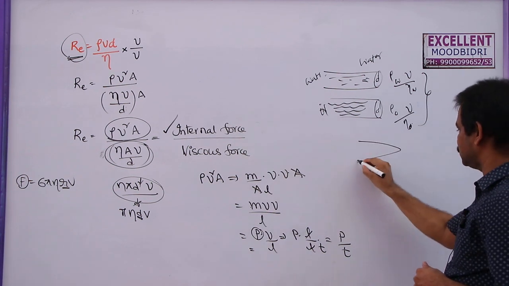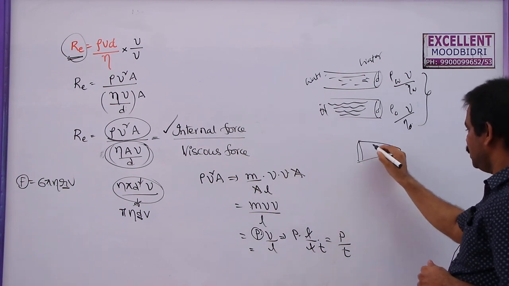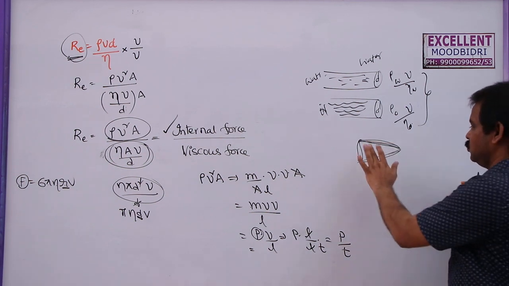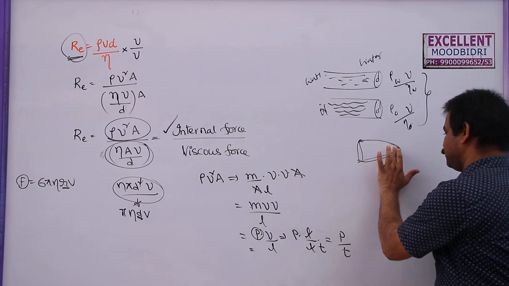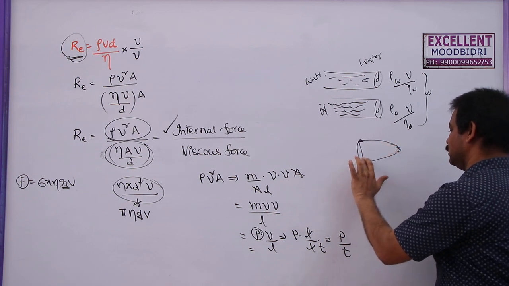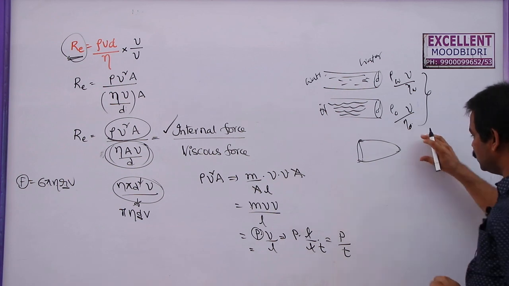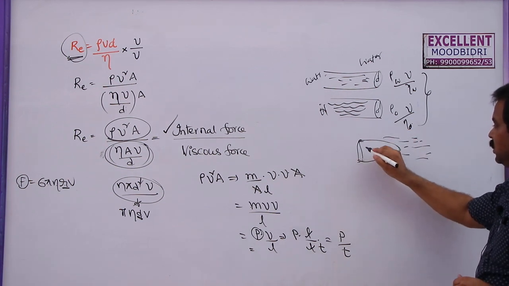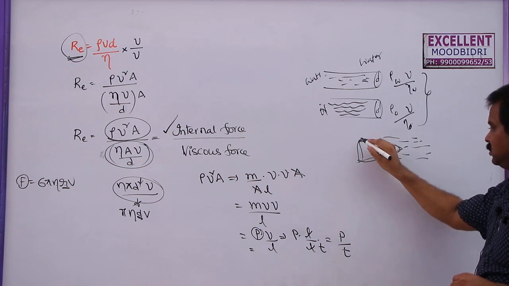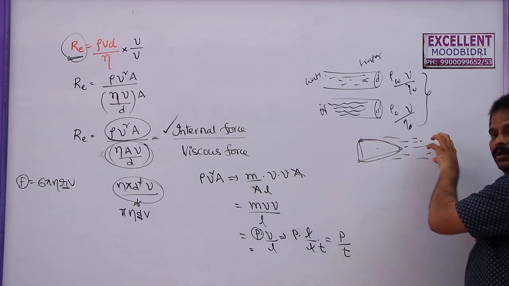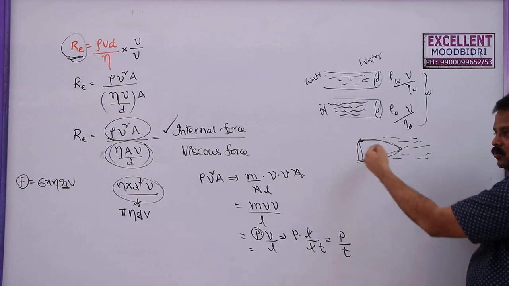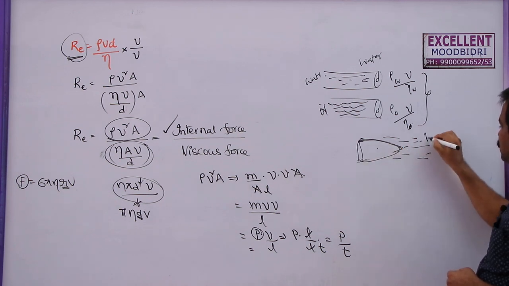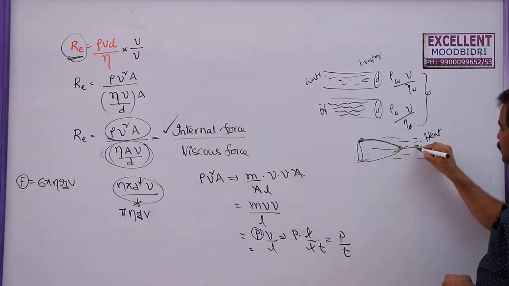Similarly, if you take race cars, generally they will be designed like this. The front portions of aeroplanes are streamlined. This is all to decrease the viscous force produced by the fluid that is flowing, which is the air. Air will oppose the motion of these ships, race cars and aeroplanes. The work done against the fluid to move through it will come out in the form of heat energy. So actually it has kinetic energy.